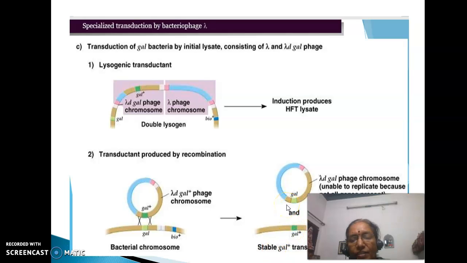So at the end of specialized transduction, the gal marker which is on the transductant undergoes recombination in the recipient. So a recipient bacteria which was earlier gal minus will become gal plus. So a stable